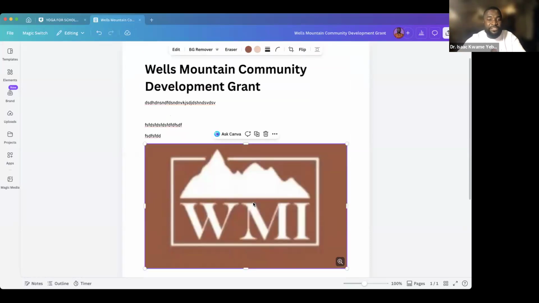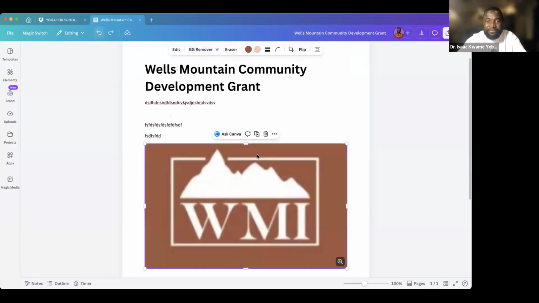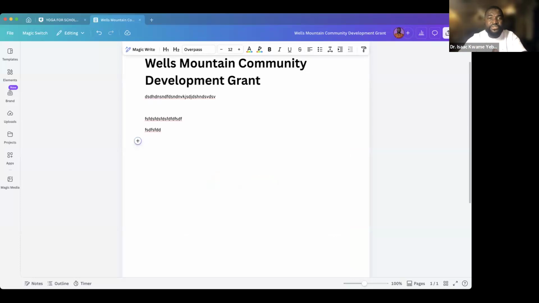I just click on it, then it comes. If I want to edit the picture I have imported, I can also edit it. The editing extent in the conventional Microsoft Word is a bit limited, unlike in Canva. Canva gives you that dexterity, that privilege of doing everything that you want to do in your working document. You get it? So once you are done,